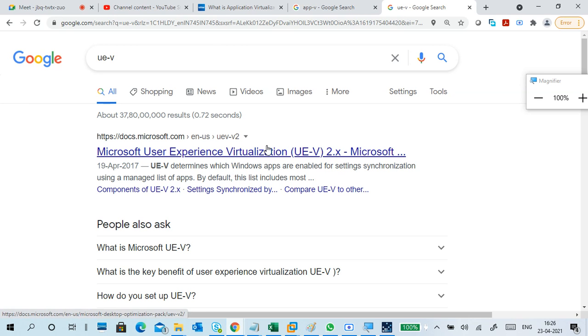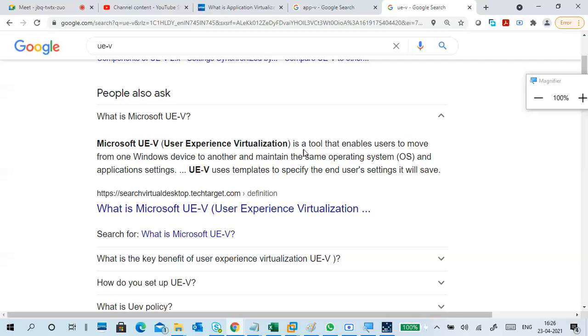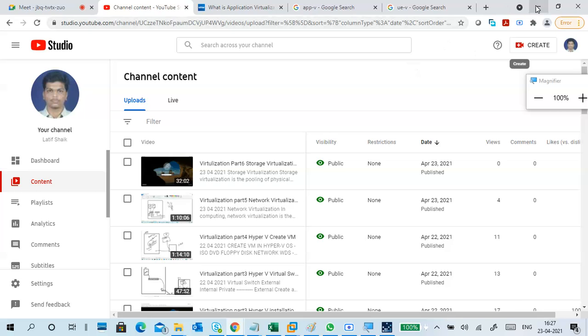It is a user experience tool that enables users to move from one Windows device to another and maintain the same operating system and application settings. It uses templates to specify the user settings it will save, so from anywhere you log in, you get the same kind of thing. So this is all connected.